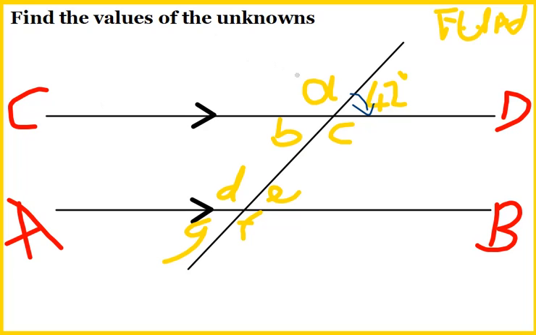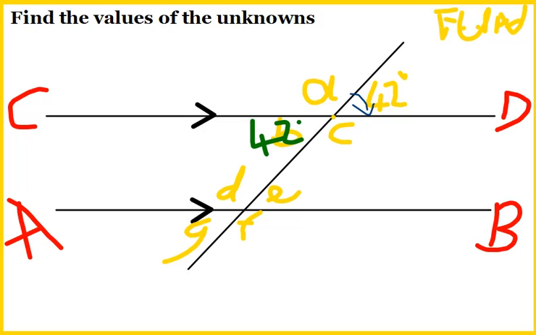So we can see that 42 is right there, and we have two straight lines that meet at a certain point. So we can use vertically opposite angles. So B is also equal to 42 degrees. So let me just write that in a different color so we can see what's going on. So 42 degrees. And so if we have 42 degrees here and we want to use our FUN, let's see if we can spot any